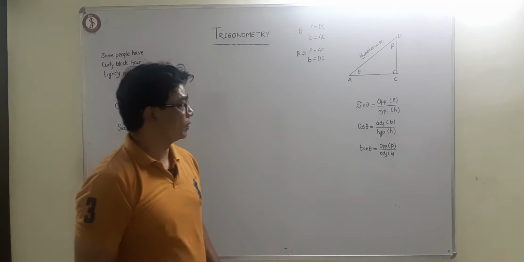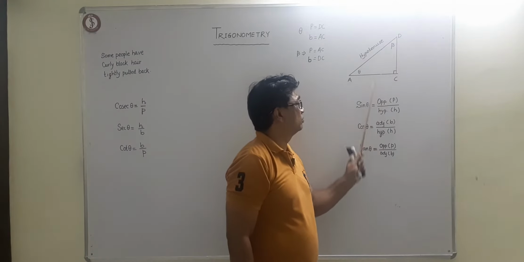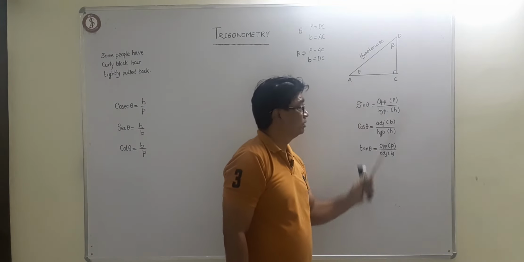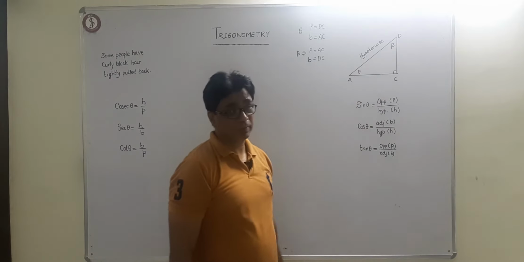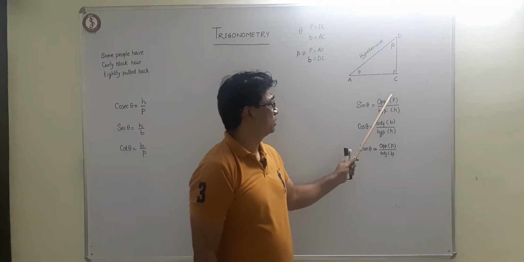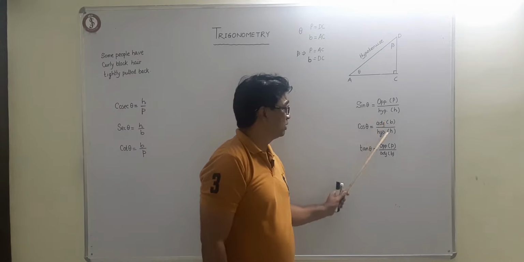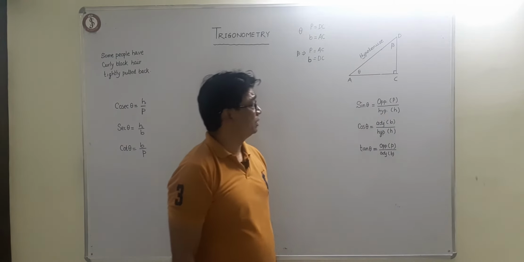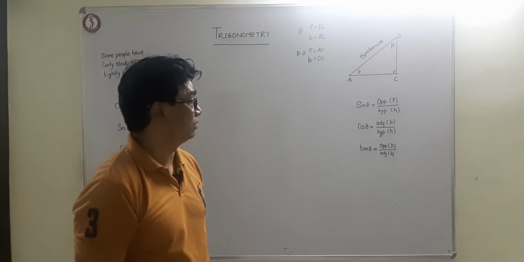Now also remember in trigonometry, the ratio of opposite and hypotenuse for angle theta. I am taking theta, now I am forgetting beta. So for theta my perpendicular is this and my base is this. Sine theta is opposite by hypotenuse, that means perpendicular by hypotenuse. Cos theta is base by hypotenuse, adjacent by hypotenuse. Tan theta is opposite by adjacent, that means perpendicular by base. It's very important to know that.